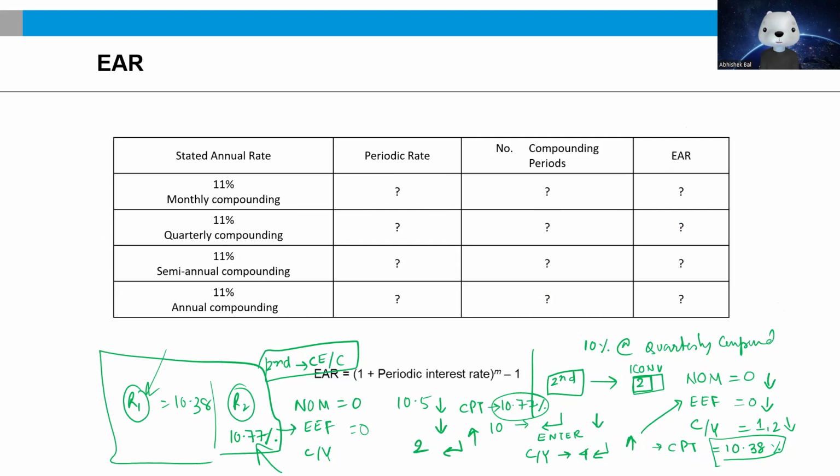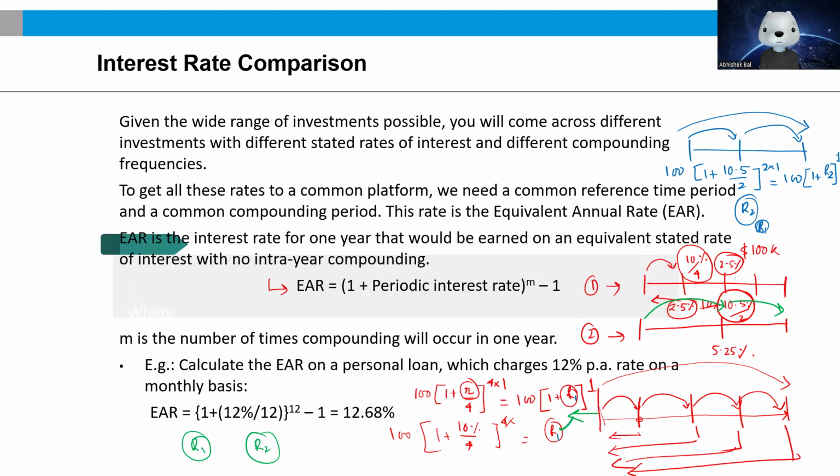Certain worksheets for your EAR are being given. For example, 11% monthly compounded. What would be the periodic rate? What would be the number of periods? What is the effective interest rate? There are some formulas mentioned in your textbook, and more often than not, this is the basic formula,